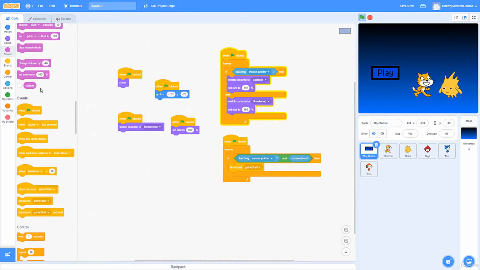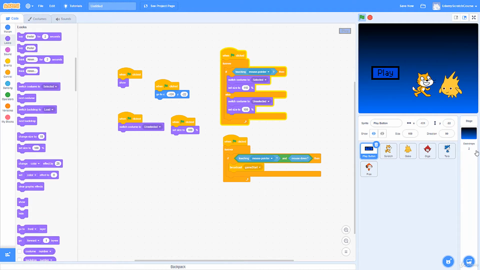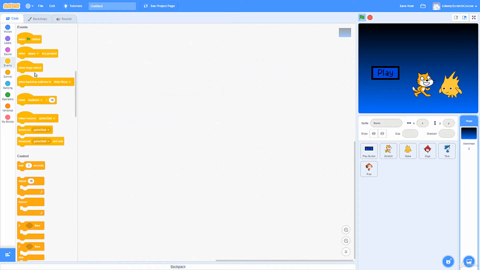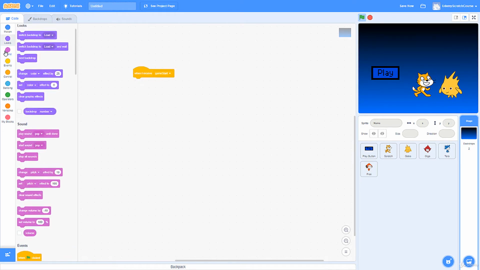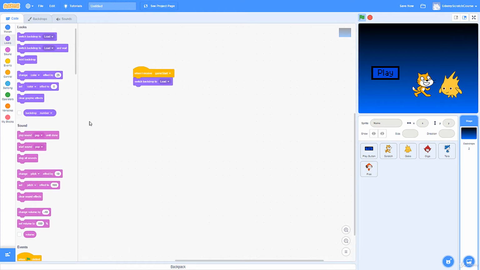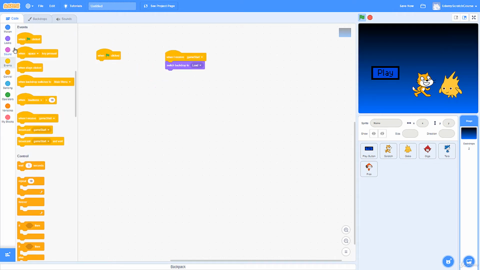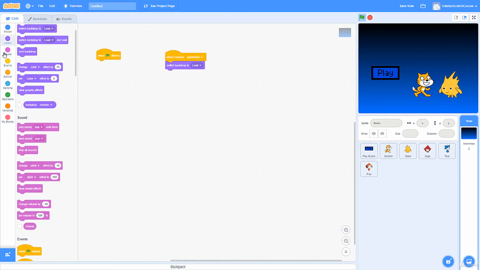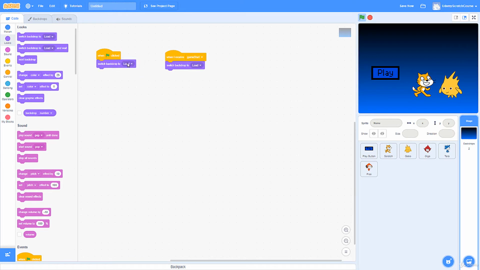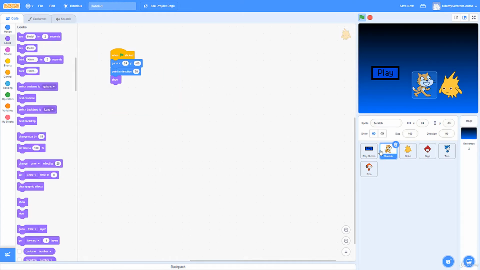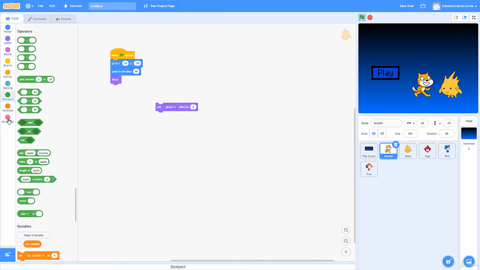Actually, I want to go to my stage here, and when I receive game start, I want to switch to load. And whenever the project starts, I want to be on main menu. What I also want to do is get these guys to fade away. What I mean by that is maybe use a ghost effect would be cool. So I'll just go ahead and go